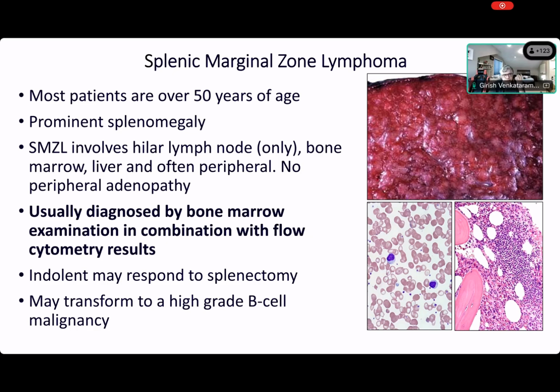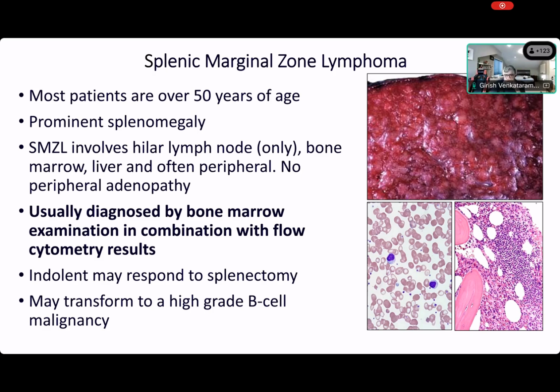If you see the classic pictures of fuzzy cytoplasm in the peripheral blood, you may be able to diagnose hairy cell leukemia. But hairy cell leukemia is also not easy because it will present with pancytopenia and the number of circulating cells will be quite few in the peripheral blood. So it's very easy to even miss hairy cell leukemia on a peripheral smear if we do not have a flow, right? But in most splenic marginal zone lymphoma, the counts are usually normal or high. So the circulating cells are usually easy to see in the blood, right? If it's too easy to see, I would not even think of hairy cell leukemia typically, because it usually doesn't present with high counts, right?